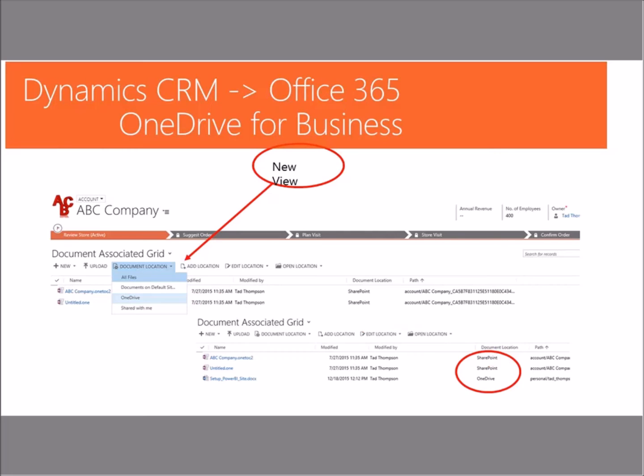Documents that may be in SharePoint, may be in an Office 365 group, or may be in OneDrive for Business. And then via views, I can look at only SharePoint documents, or only OneDrive documents, or only documents shared with me, all from CRM. So it makes the user experience of looking at files much better than before. I mean, literally night and day compared to a couple of years ago, where somebody would have to check CRM, check OneDrive, check SharePoint. Now it's the same location.